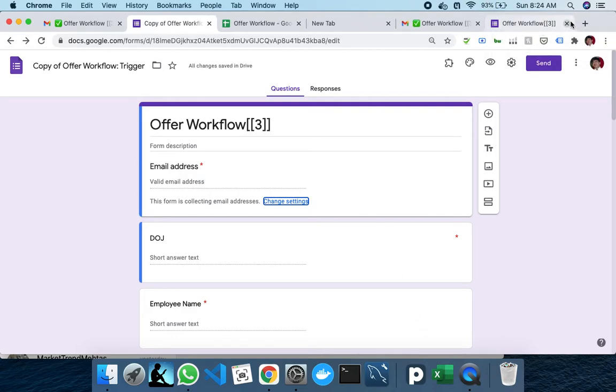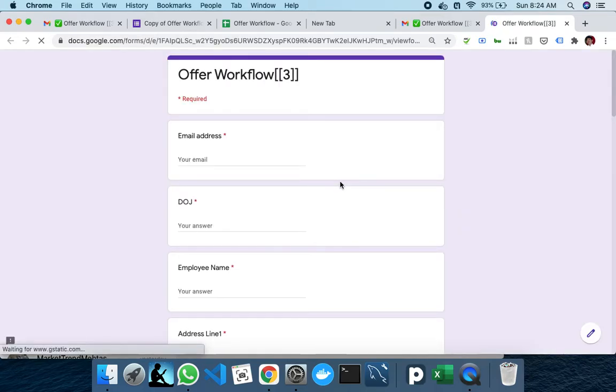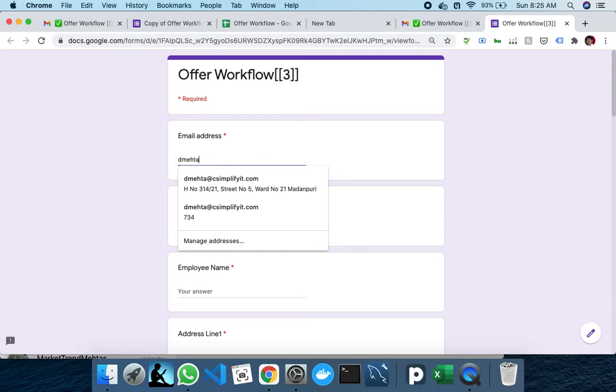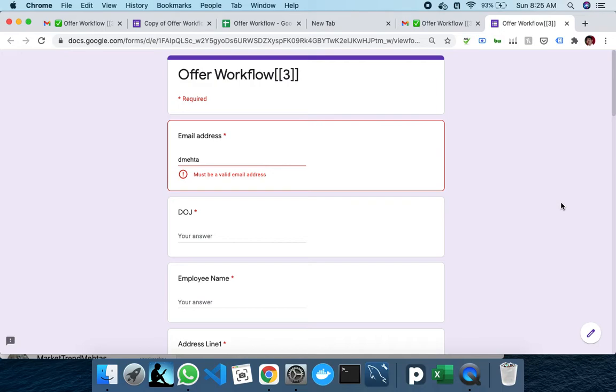now if we go back in our DMata and try to reopen it using DMata, we should be able to fill this form. One change you will see is that rather than picking the email ID directly, it is asking you to fill it in. So you can fill in your email ID and process this form now. This is a very easy way to make your workflow go across multiple domains or multiple organizations and complete your tasks.